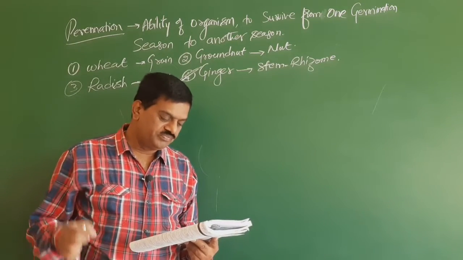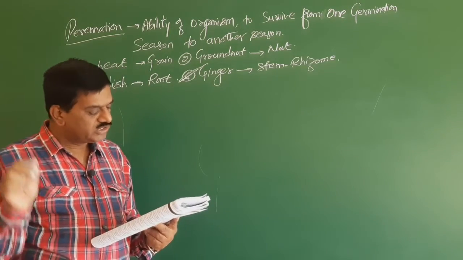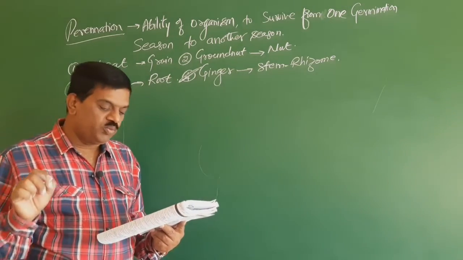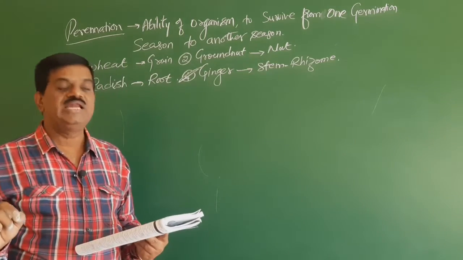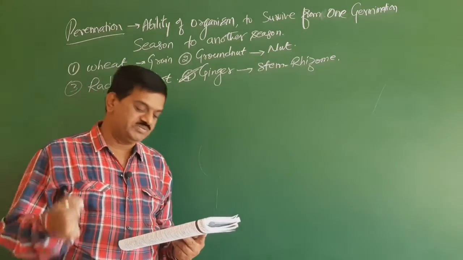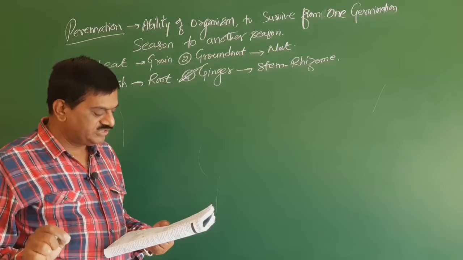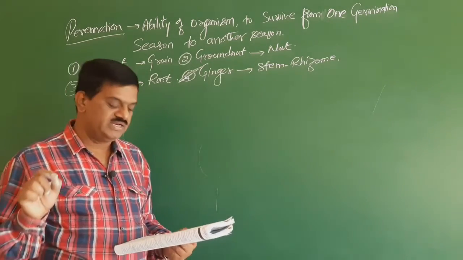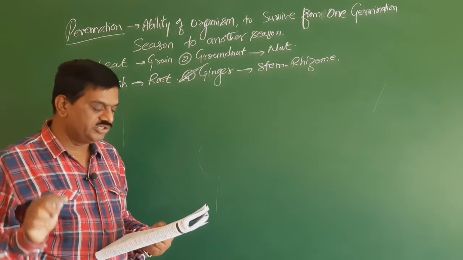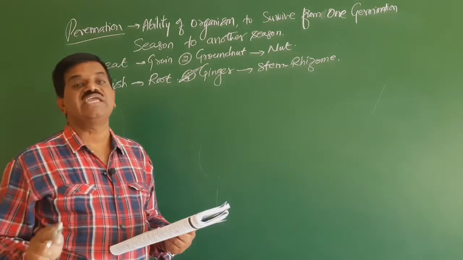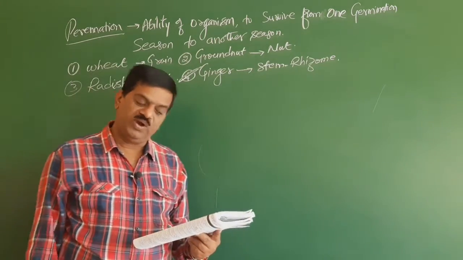So we go for the next: stem tendrils are found in gourds, bitter gourd, and grapevines, that are slender and spirally coiled, helping to climb. Even this statement is right. Stem tendrils are found in gourds and grapevines, slender and spirally coiled, helping in climbing. So here the incorrect statement is the second one. We go for 41.